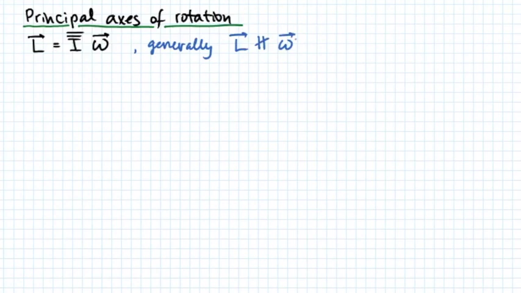The question we may ask is, can we have rotation without requiring torque? Because otherwise, since L is wobbling around angular velocity, we will require torque to support such rotation. And the answer is yes, if we spin it around so-called principal axis. For principal axis, we require that L is proportional to the angular velocity. So it's parallel to the angular velocity, which gives us an eigenvalue problem,